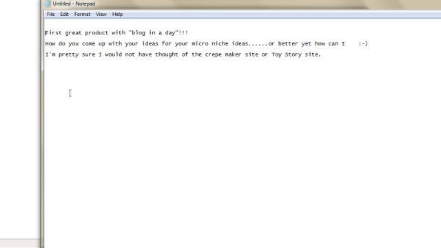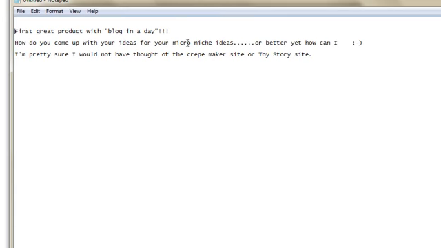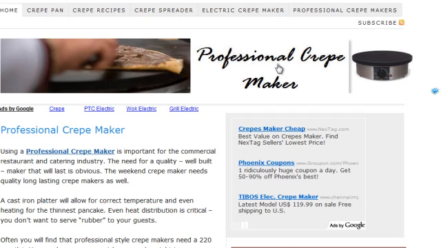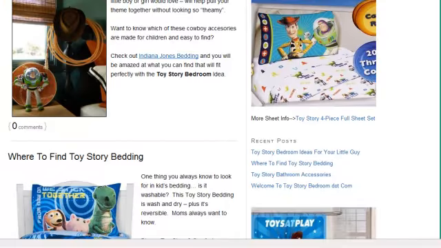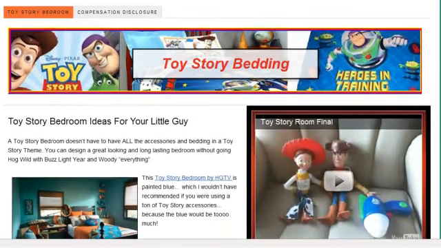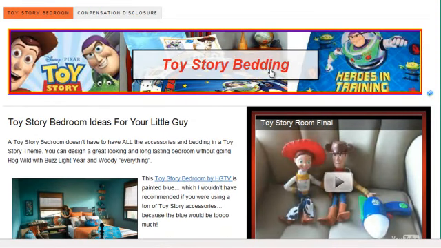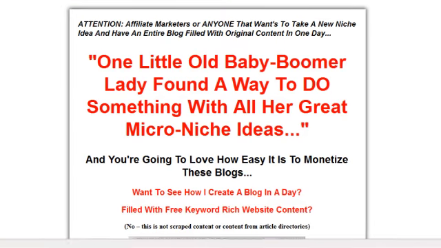And then she goes on and says, "How do you come up with your ideas for micro niche ideas? Or better yet, how can I? I'm pretty sure I would not have thought of the Crate Maker site or Toy Story sites." So what she's talking about is this one on professionalcratemakers.com and toystorybedding.com. And these are two micro niche sites that I featured in that product on